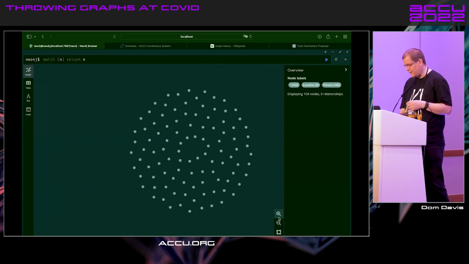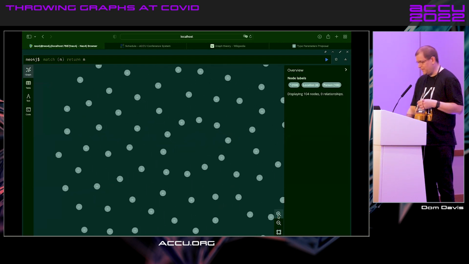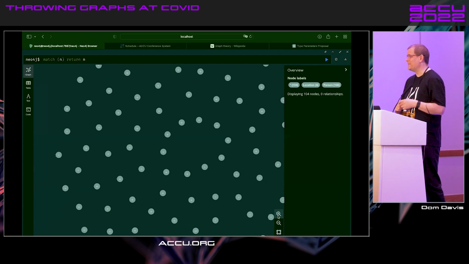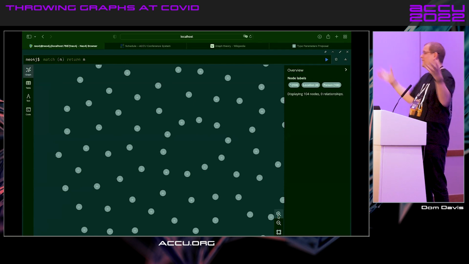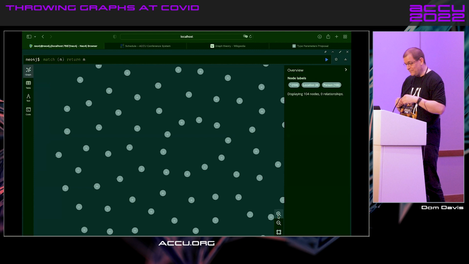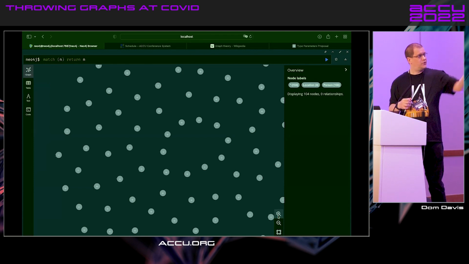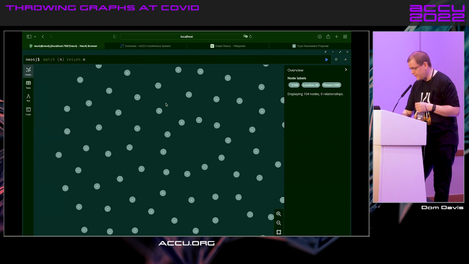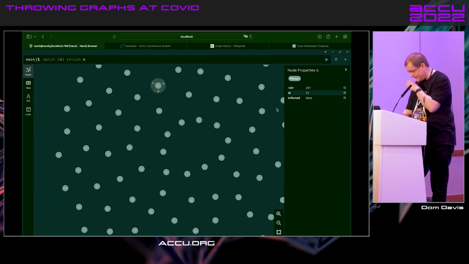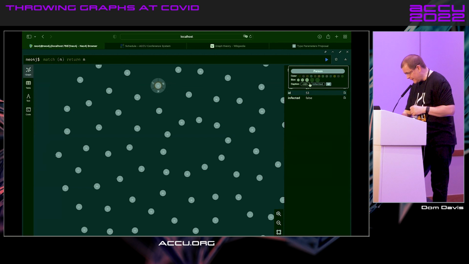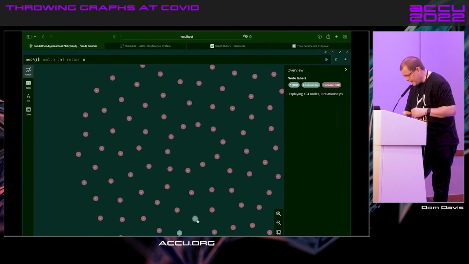This is one of the great things about graph databases: you can tell there's a problem just by looking at it. We're expecting there to be some visitation of places by people. Now at the moment it's a bit hard to see what's going on. There are a lot of dots on the screen and they're all grey. So there's this wonderful thing that we can select this, and we can select this, and say the people are going to be this reddish colour, and places are going to be this bluish colour,